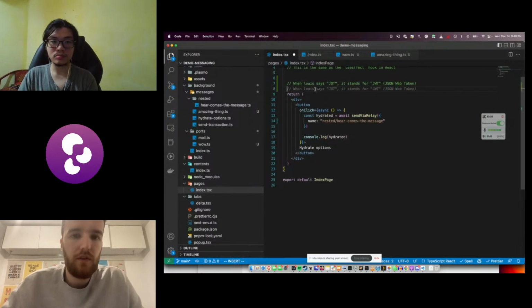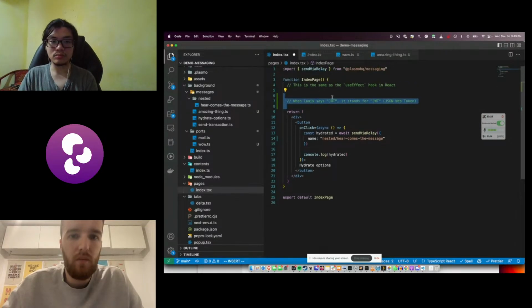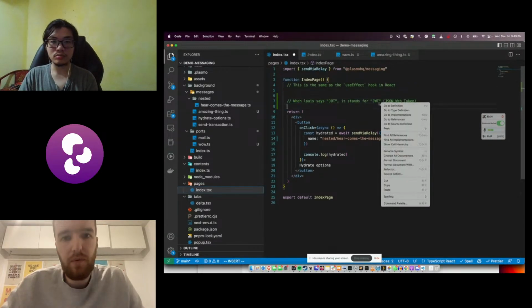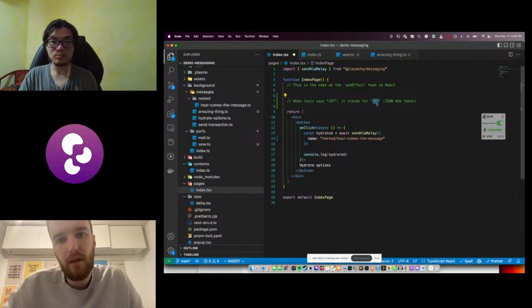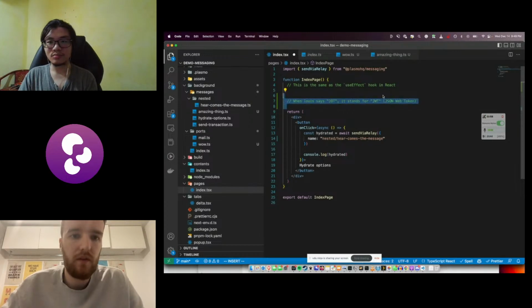Got it. I just left a comment here. A lot of people have probably only read or written this before. Back when I never heard it said out loud, I always said JWT, but it turns out the actual way of saying it is JOT. So for people that don't know, when Lewis is saying JOT, he's referring to the JSON web token. That's how you pronounce that. Cool. Yeah, that makes sense.